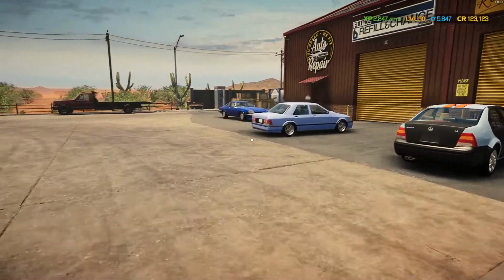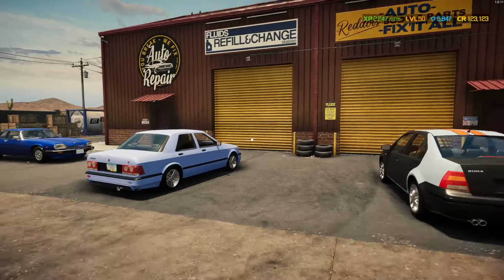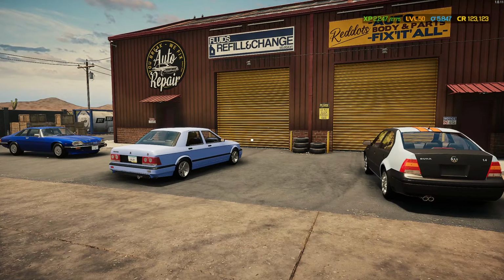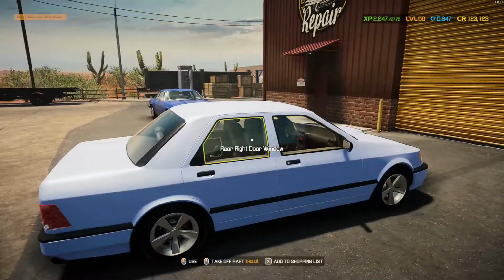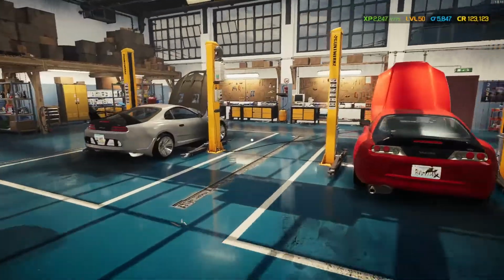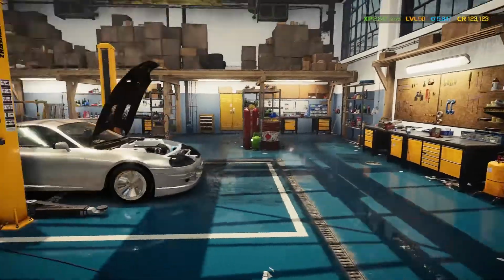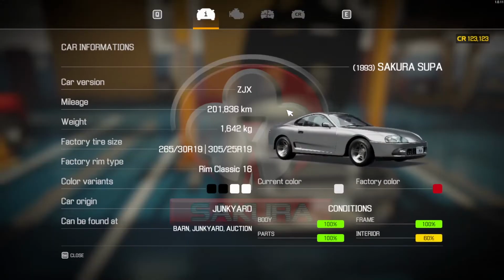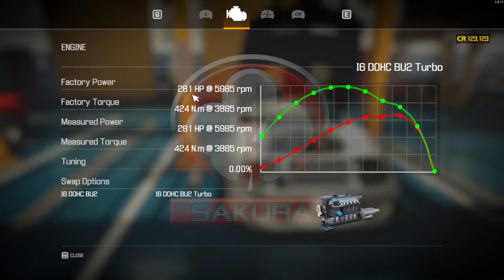Just got to work this morning, and I thought we'd do a little bit of a showcase. Before you click away, you don't know what the showcase is about, yeah? Just bear with me. We're going to take a look at 5 cars today, and we're going to do them really quick because we're going to do a brief comparison to an amazing vehicle, or at least I thought it was an amazing vehicle. It is none other than the Sakura Supa. It's akin to the Toyota Supra from 1993. Bit of a beast, as you can see. I mean, 281 horsepower,